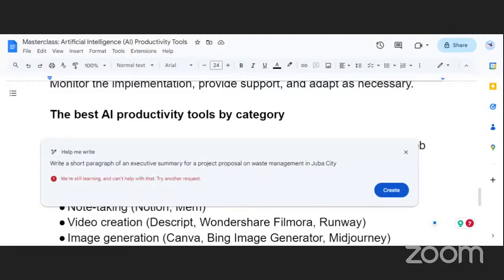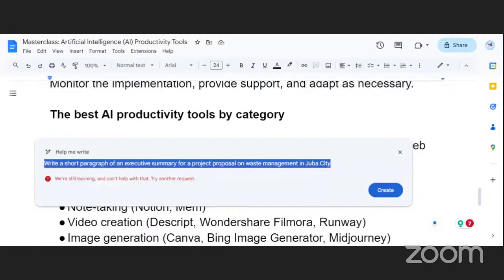Then you enter. Hey, it's not providing. Let me try again. It's not providing. So let me try another question.